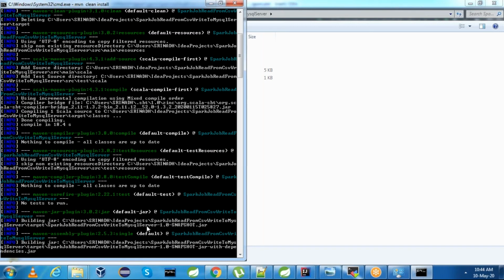Okay, it started building the fat jar. A fat jar is nothing but a jar with the dependencies. If you observe, this is the jar with the dependencies.